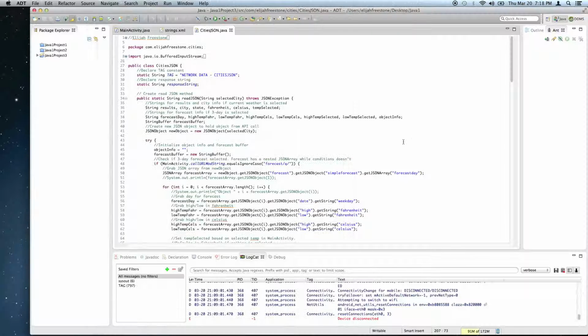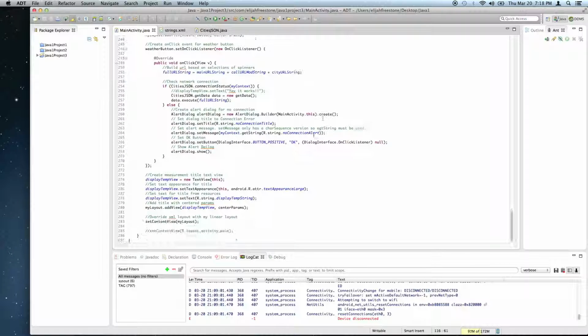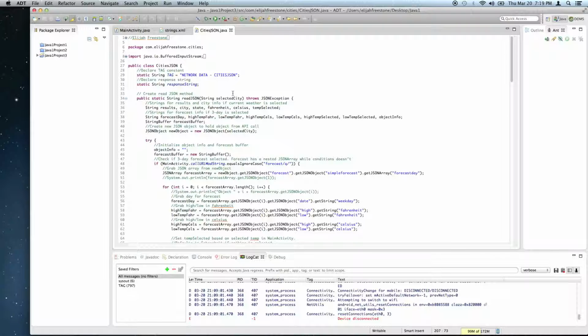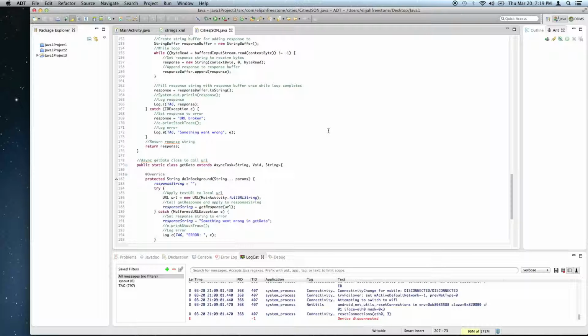So let's go ahead and pop over to the code real quick here. I'm setting up my view the same way as last week with the linear layouts and adding all the elements in, setting the text for those from resource files. And then I'm doing my alert for the network check within the on-click for the Get Weather button. But all the network checking code is actually moved into a different file, the city's JSON file. This was where I was doing all the creating the JSON and parsing it from last week. This week it still parses it. It reads the JSON, but it also does the network connectivity and pulls down that JSON file from the Weather